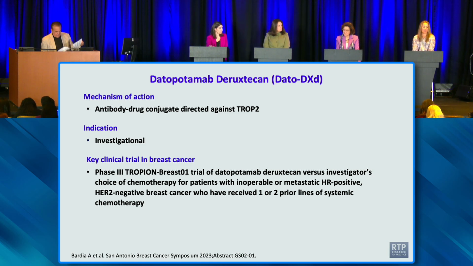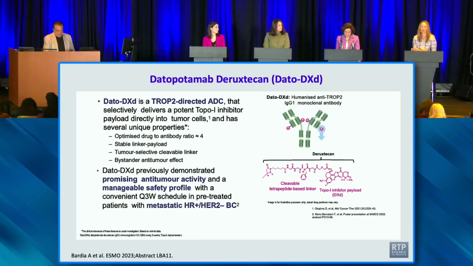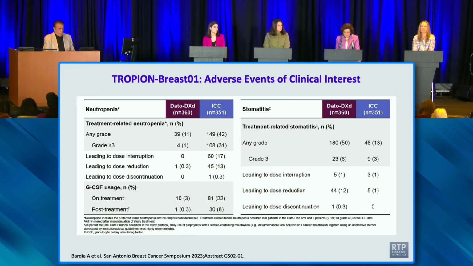I hope one of the things that you've taken away from this is that although we loop all of these antibody-drug conjugates into one class, they really have very different side effects. So Trastuzumab Deruxtecan, we really think about nausea and the worry about ILD. Sacituzumab Govitecan, we really think about diarrhea and the counts issue. Datopotamab Deruxtecan is an interesting one because a very prominent side effect is stomatitis, or sores in the mouth. And it tends to be very hard to treat once people have them.